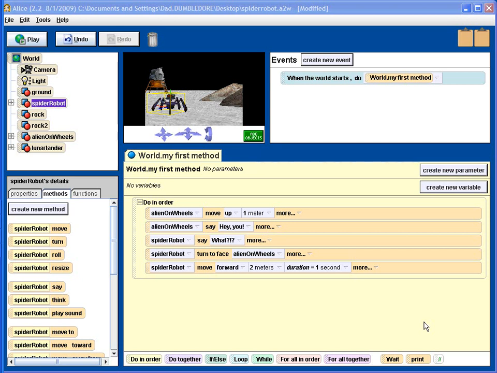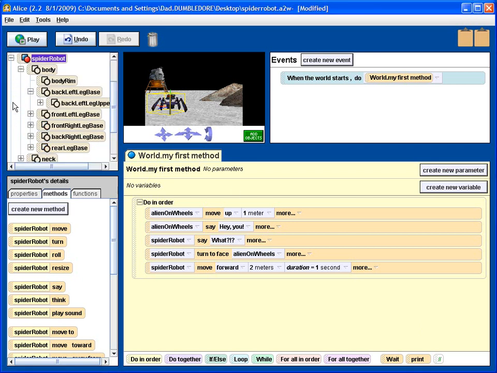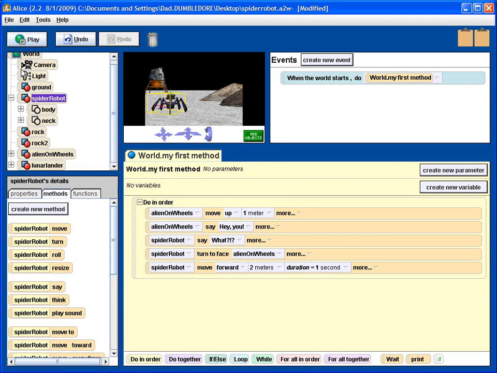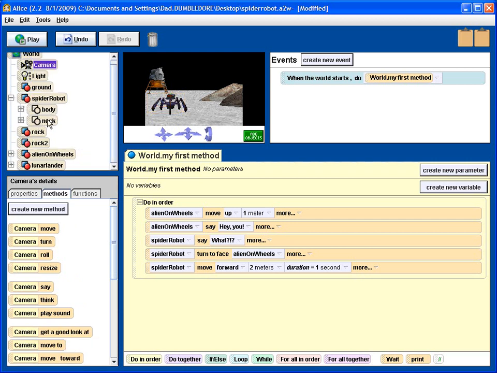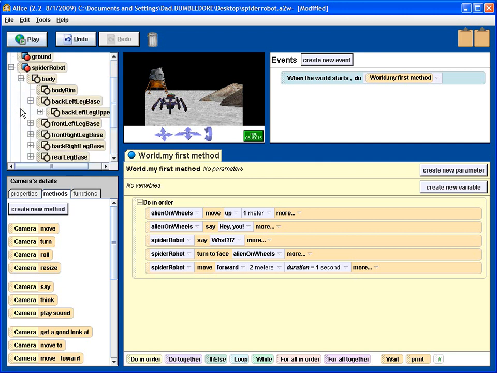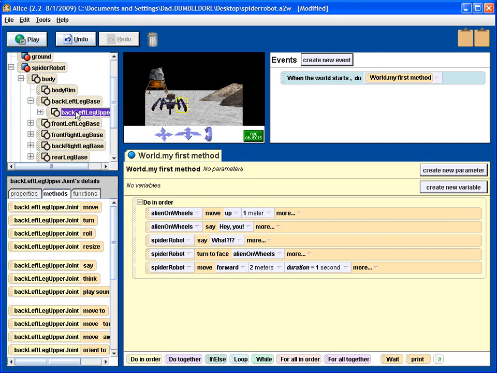Okay, let's move the robot's legs while it walks. For starters, again taking this out of the textbook, let's open up the robot and see what it's made out of. It's got a body and a neck. We open up the body and we see some body parts, and what we're going to do is from the back left leg base, we're going to select the back left upper leg joint,